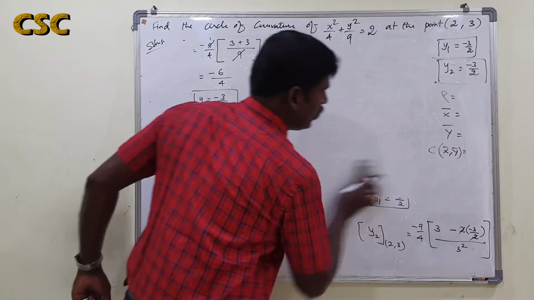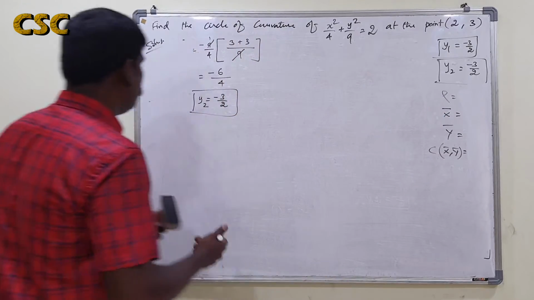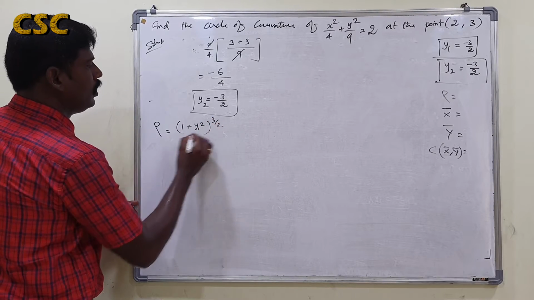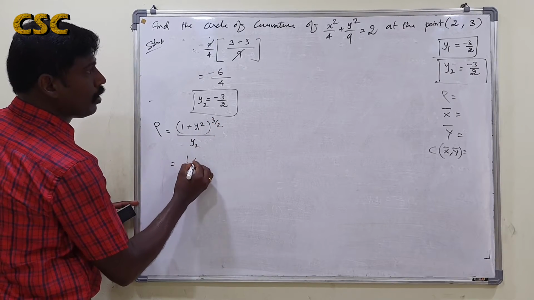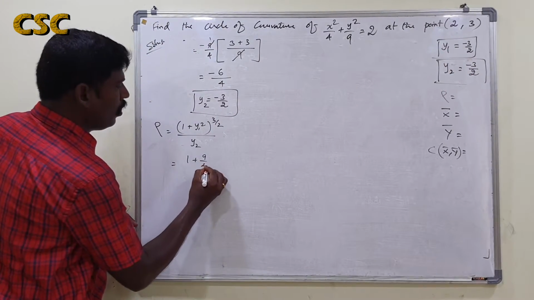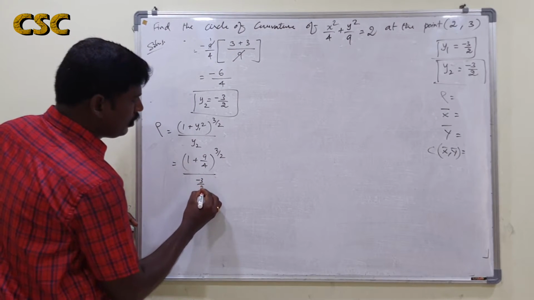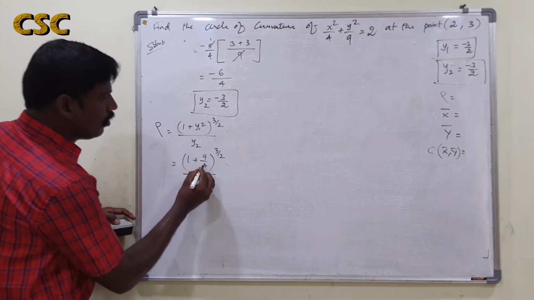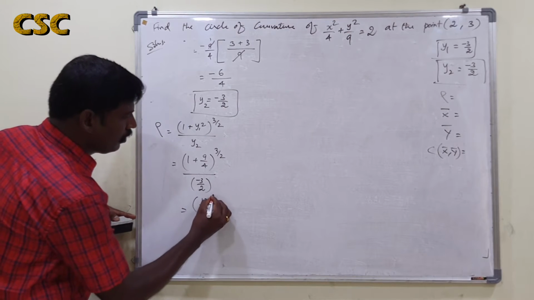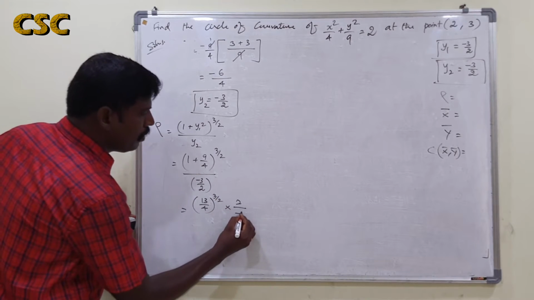And then we go for finding the values of rho, x bar and y bar as usual. What is the value of rho? It is 1 plus y1 square, the whole power 3 by 2, by y2. That is 1 plus y1 square, which is 9 by 4, written directly to the power 3 by 2, divided by y2, which is minus 3 by 2. Taking the LCM in the numerator, 4 plus 9 is 13, so 13 by 4 in the power 3 by 2, and the denominator becomes a reciprocal multiplication, 2 by minus 3.